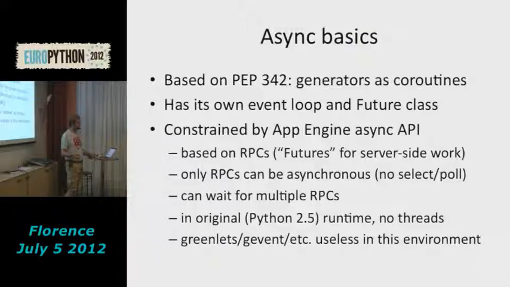So if you're doing that synchronously, you have no control over what you're doing while you're waiting for that URL fetch, as that operation is called. On the other hand, URL fetch and a number of other operations in App Engine, basically anything that is implemented as an RPC in App Engine, can be called asynchronously. And that is what NDB uses here, because the App Engine datastore supports that.